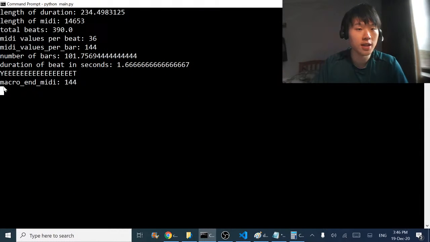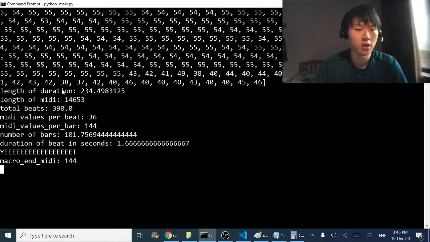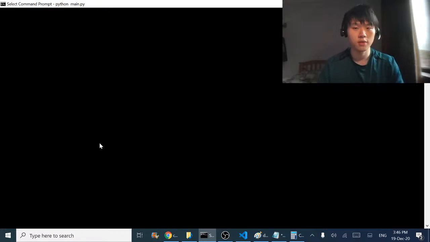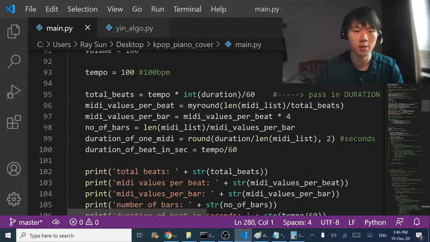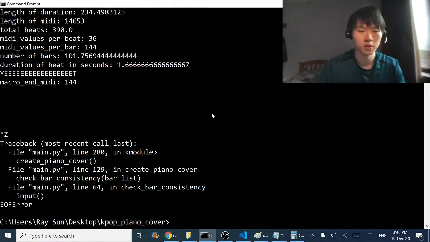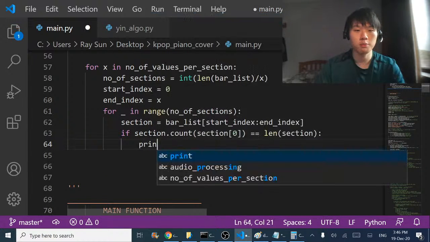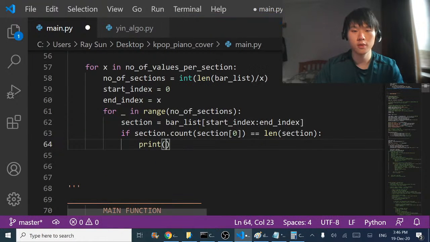Oh, so we did identify a section that has that. Oh, I forgot to specify what to continue. All right, instead of doing that, instead of input, let's just do print sound consistent section,